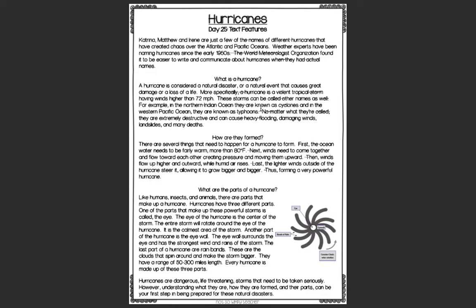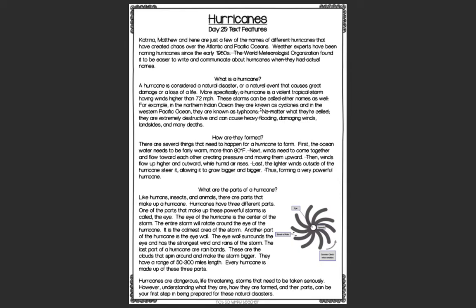More specifically, a hurricane is a violent tropical storm having winds higher than 72 miles per hour. These storms can be called other names as well. For example, in the northern Indian Ocean, they are known as cyclones, and in the western Pacific Ocean, they are known as typhoons. No matter what they are called, they are extremely destructive and can cause heavy flooding, damaging winds,